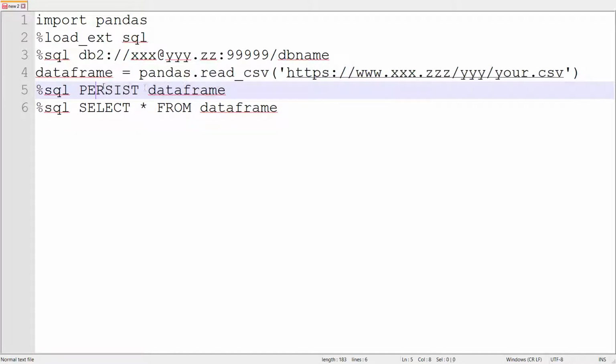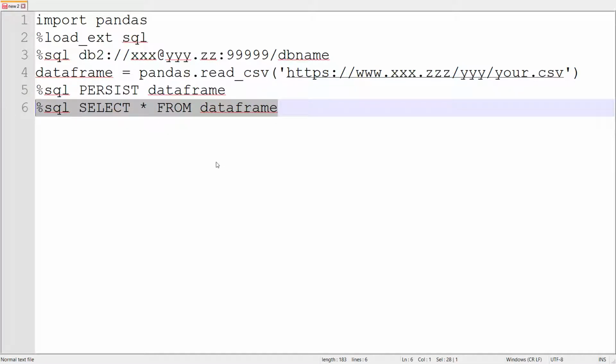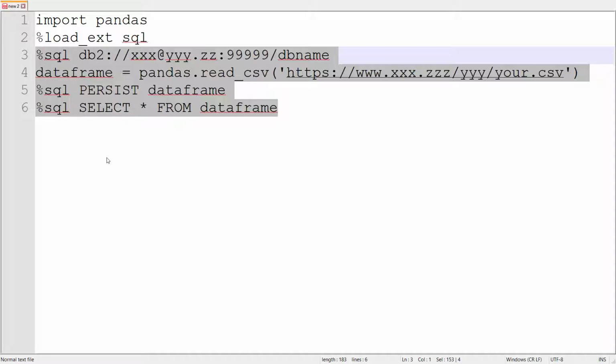And here you make the table and you fill it. And with this line of code, you read the content of the table and you have it immediately displayed in the form of a table. And you have done it in 1, 2, 3, 4 lines of code in Jupyter.